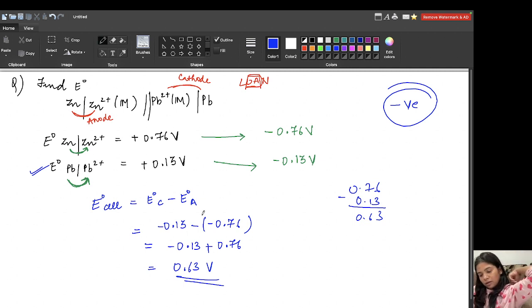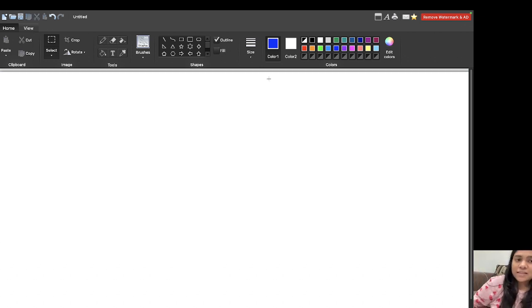Right? Next topic which comes is a very important topic to check the feasibility of the cell reaction and Gibbs free energy. See, if we are having any kind of cell, what is the point of having that cell if it is not working, if that cell is not feasible? What if the cell is not transferring electrons, not giving me electricity? What is the point of having that cell? No point, right? No point in having a very slow cell also. So in order to check which kind of cell we can make, there is a formula to check the feasibility. So next topic is, put the heading as